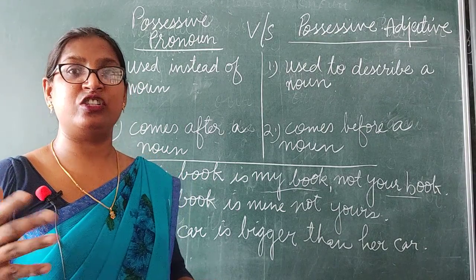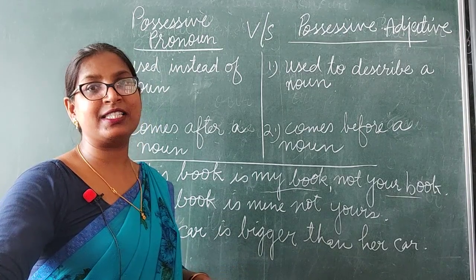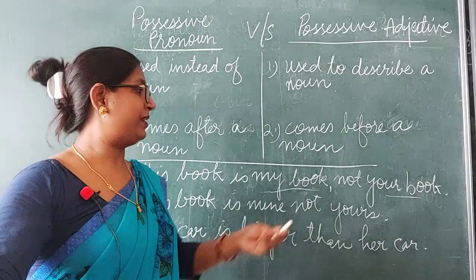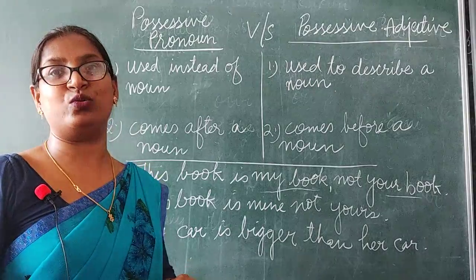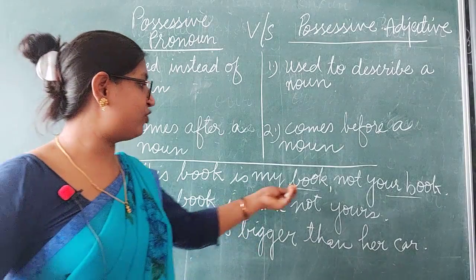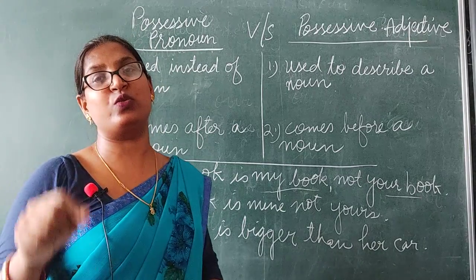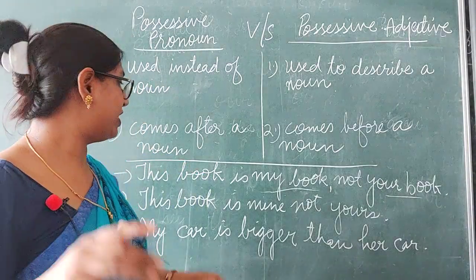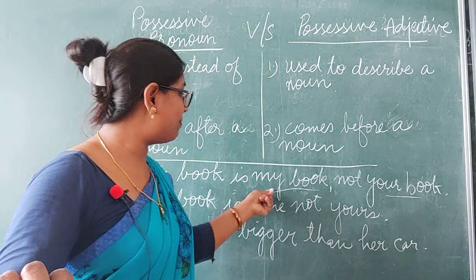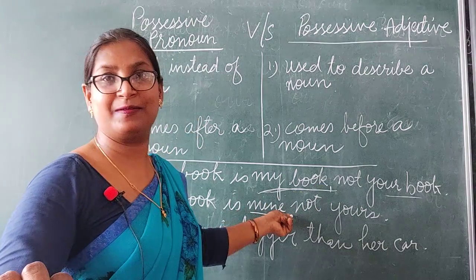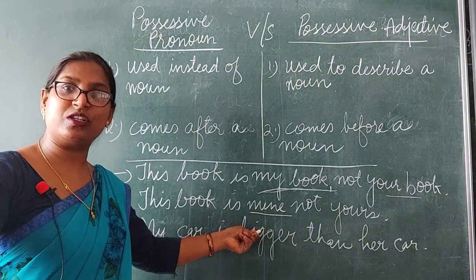It sounds repetitive. Just to avoid this repetition, we need some other word which is known as a pronoun. But here it shows the possession, so we have to use a possessive pronoun. Clear? Here we have to replace a noun. Also we have to use possessive pronouns which express the possession or belonging. So we can write it this way: this book is mine. Instead of my book we can write mine. This book is mine. Mine means my book.